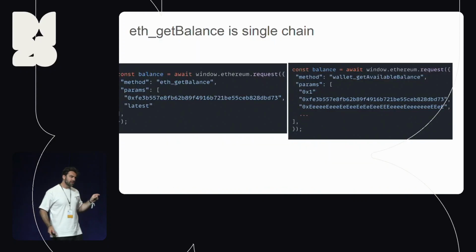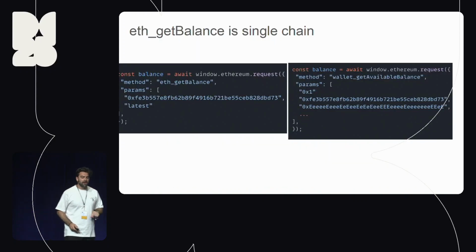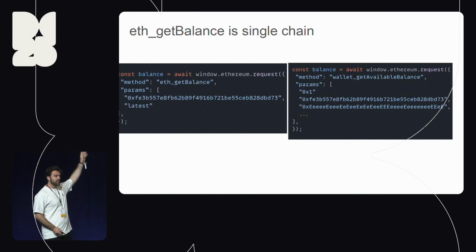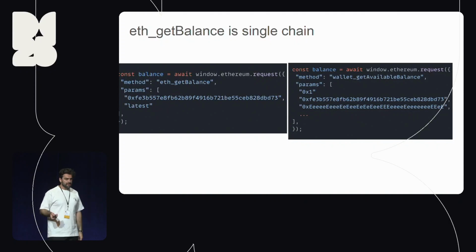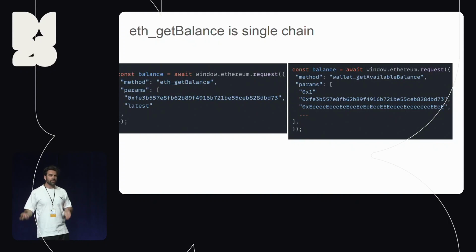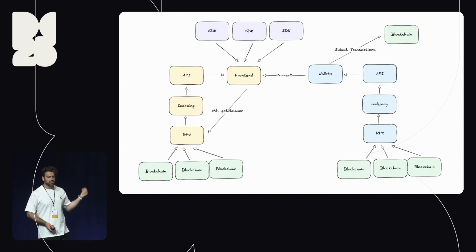And with a small change to the wallet API spec, it looks almost identical when you compare what a user would be doing. There's very little lift, and the provider libraries can basically just upgrade get balance by default. We're able to go fully multi-chain day one as an application and not worry about, okay, I've got my idea, I've built the contracts, and I have to spend 20 hours of engineering work on the front end to figure out which SDK is the best for me. You just get it out of the box, and if you're more complicated, you can use one of the SDKs.